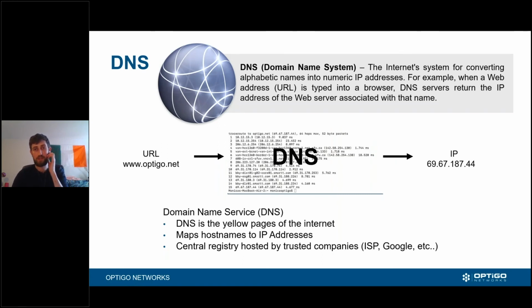We have DNS. As we mentioned, DNS is just the way we look up a URL, as in the example, www.optico.net, and your computer is going to get back an IP address, because it has to actually contact a server to get the information you were trying to get at. That's going to be on a server somewhere.